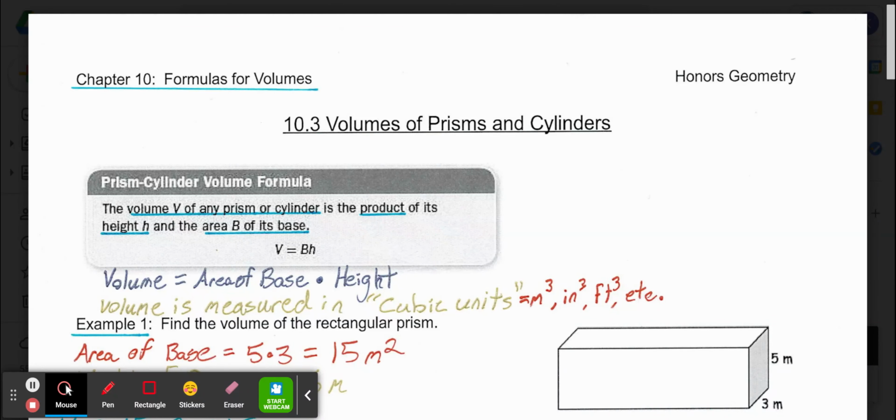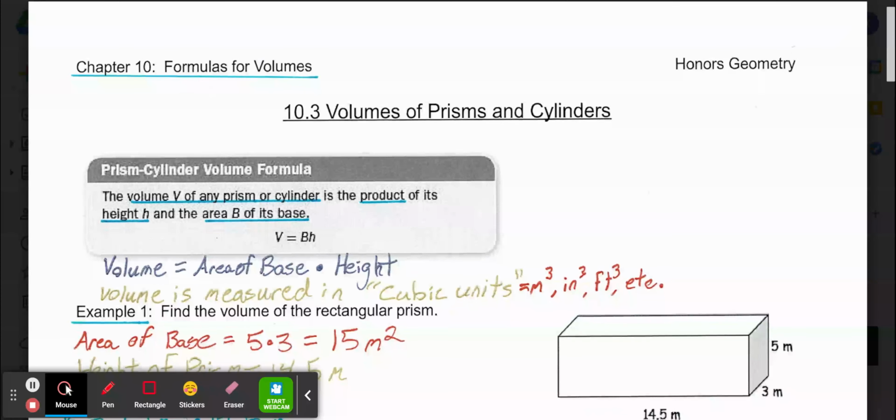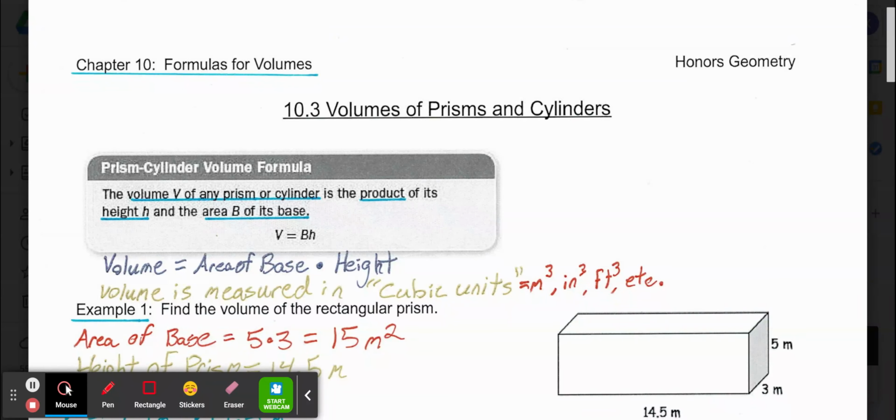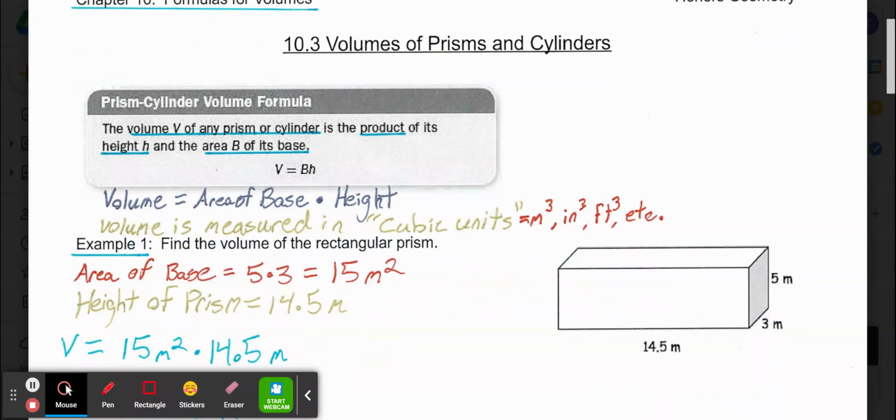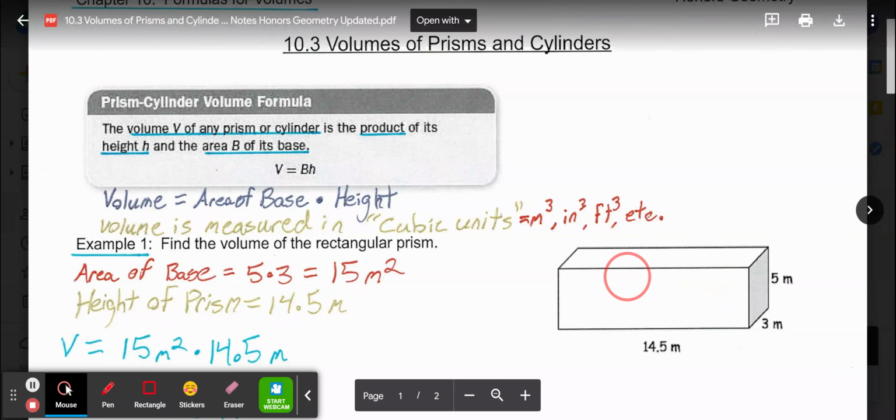Welcome to Lesson 10.3, Volumes of Prisms and Cylinders. So, couple things now that we're done with surface area, just to clarify, when we move into volume, we are looking at the space that a 3D figure or solid occupies. So we want to think about the overall three-dimensional space that a prism, such as this one here, or a